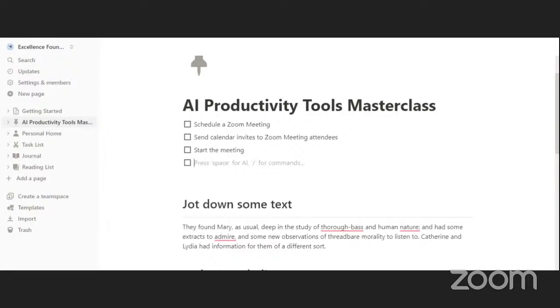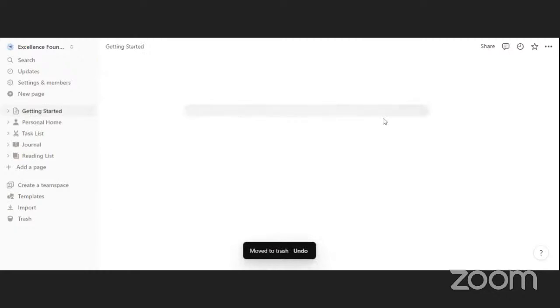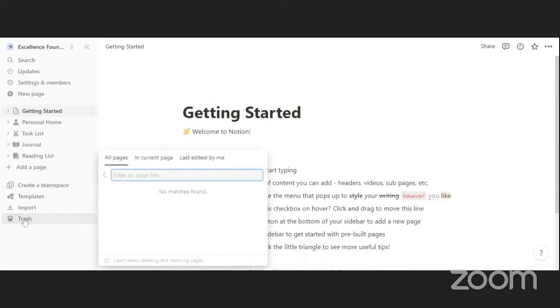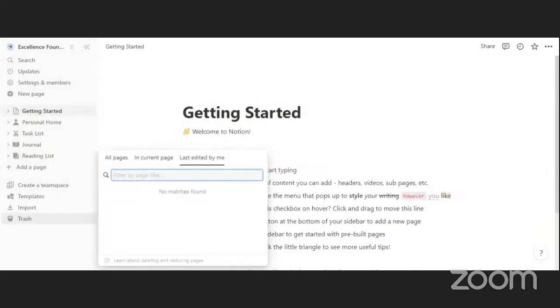And then you just do what you really want. You write your notes, and things get going. And then you will see your thing here in the list. If you want to delete it, come here, then delete. See, now like this, I have deleted. If you want to see what you have deleted, you can come to trash. In trash, you will find some of the things that you've deleted. You see, this is the one that I deleted. Yeah, I want to delete it forever. Delete forever. It's gone. So this is how you use Notion for taking notes.